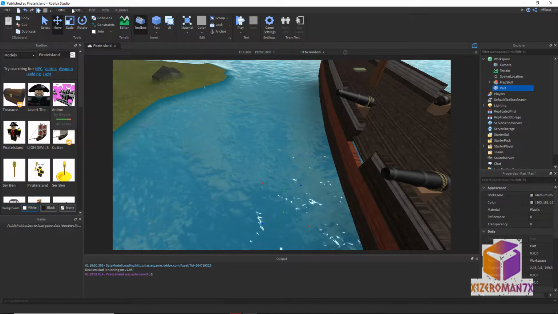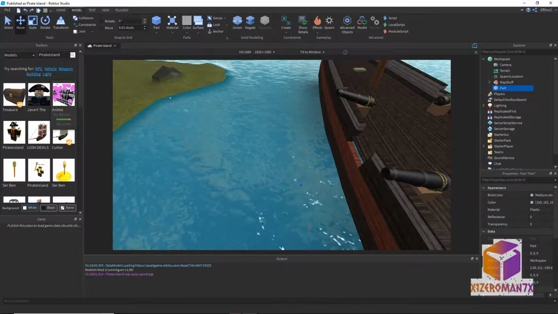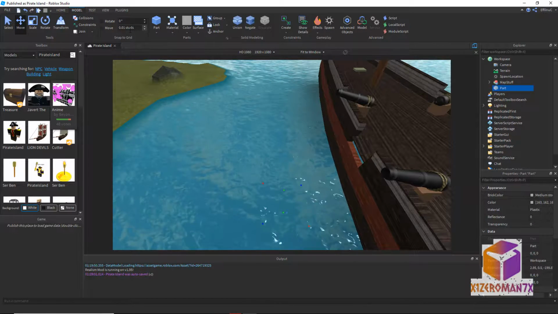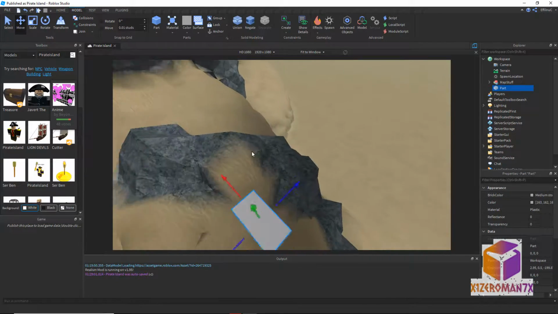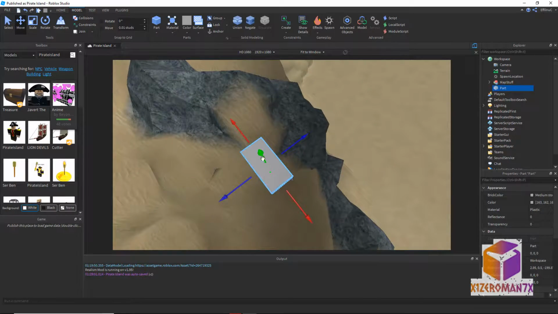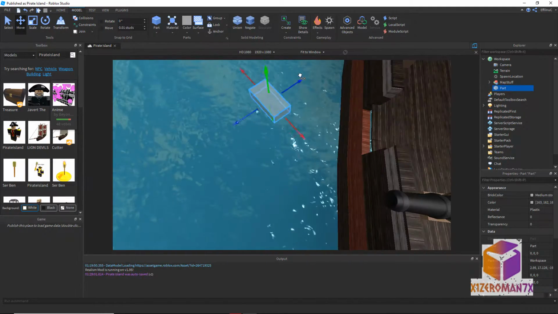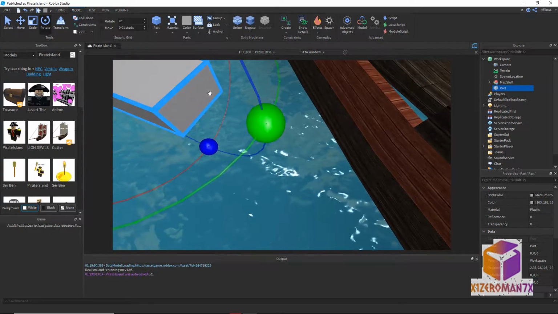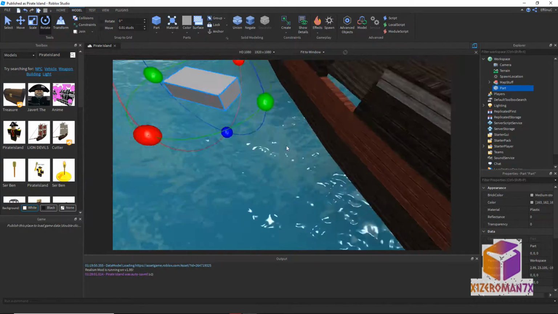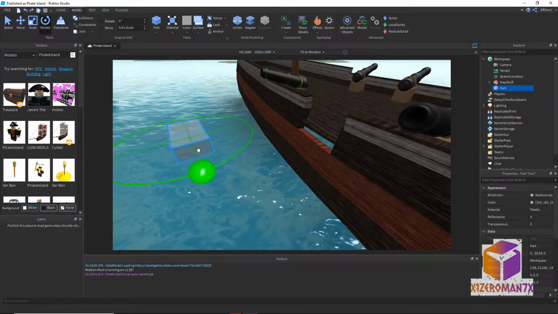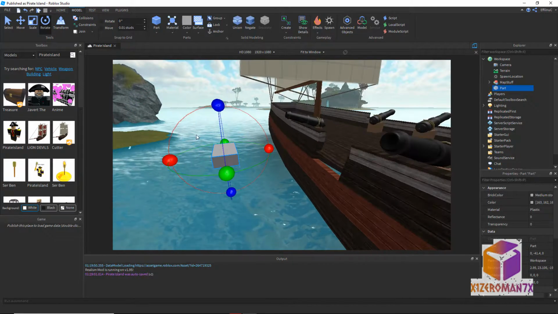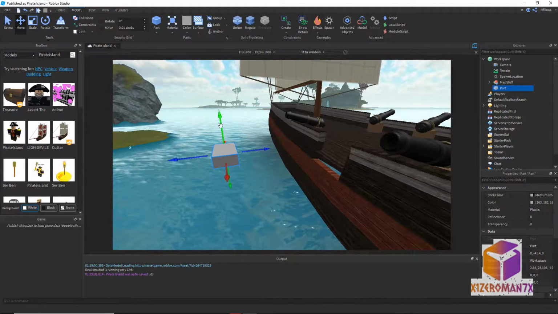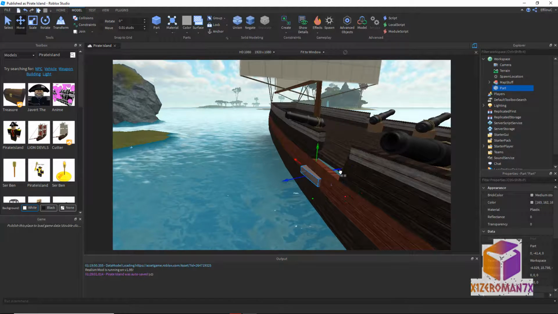You're then going to go to model and set the rotate to 0, 0. And you're going to set the move to 0.01 studs. That allows you to move your little part a lot easier and a lot more natural to the movement you make. So we're going to rotate it and make sure it is straight. There we go. And we're just going to line it up with this